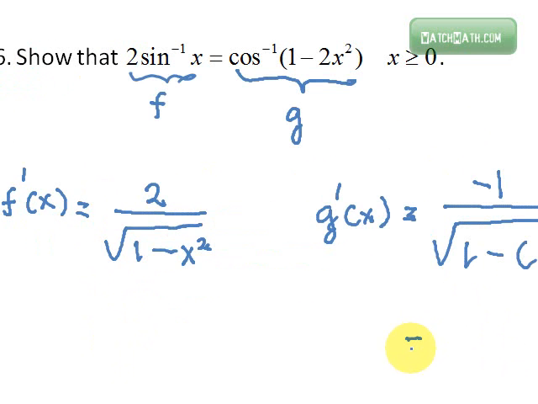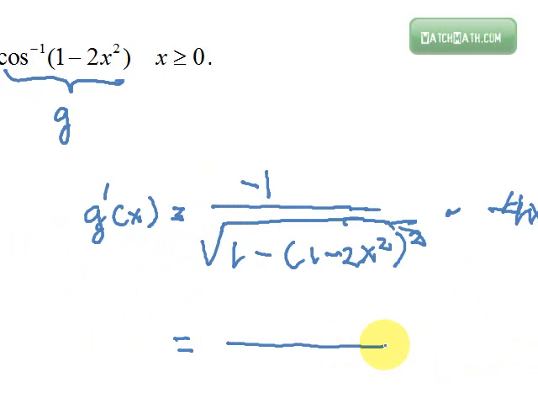If we simplify this, we have negative 1 times negative 4 is 4x